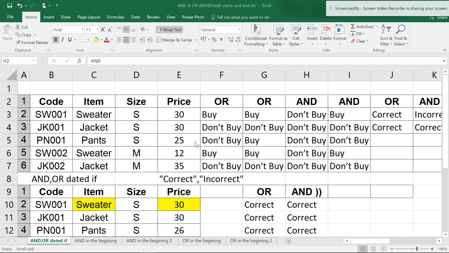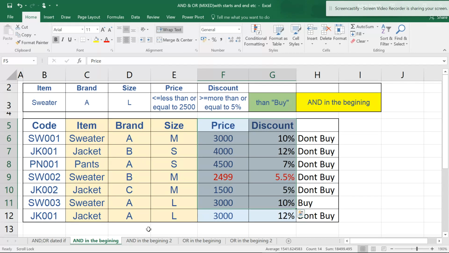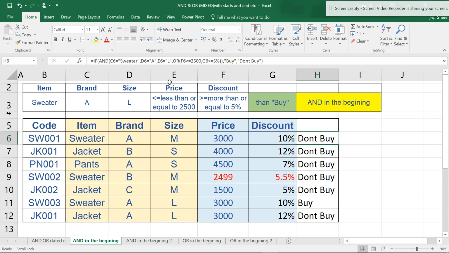In this video, I would like to show you how to use OR and AND. I have shown you the OR function and the AND function with a mixture of IF. So this is one more video with the OR and AND function. In the beginning, I showed you some criteria where we use OR in different scenarios. Then we made a mixture of OR and AND, and we got the desired results. In this video, I'm going to show you how to use a mixture of OR and AND when we